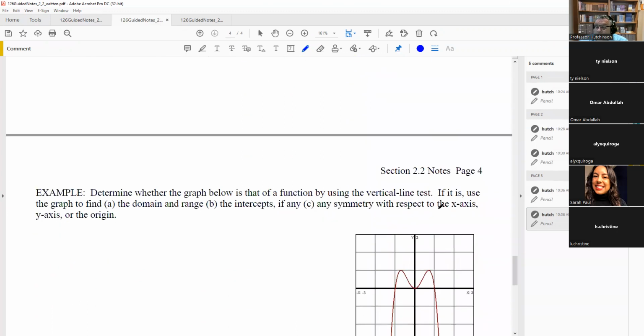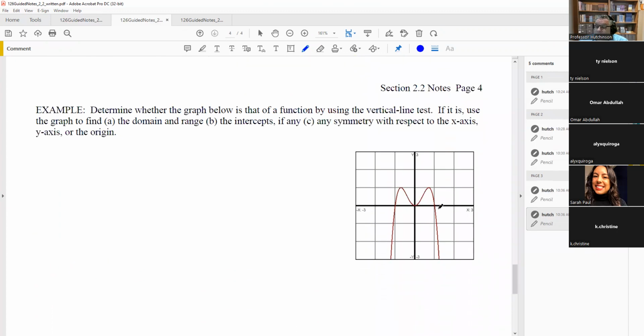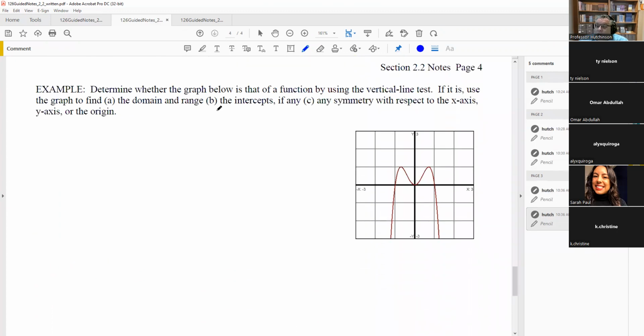All right, so we got some more things that we'll continue with here. Okay, it says determine whether the graph below is that of a function by using the vertical line test. If it is, use the graph to find, okay, we got domain and range we want to find, intercepts, and symmetry with respect to the x-axis, y-axis, or origin. All right, so first,